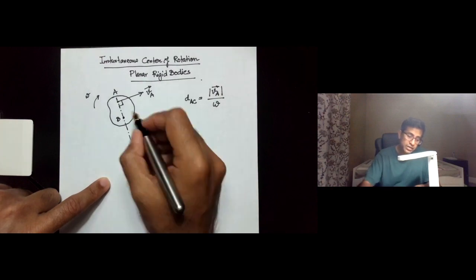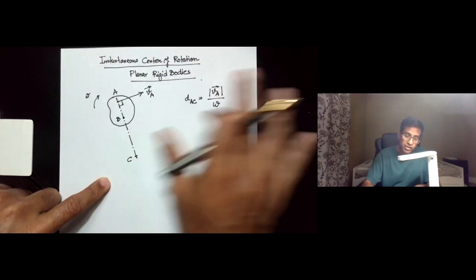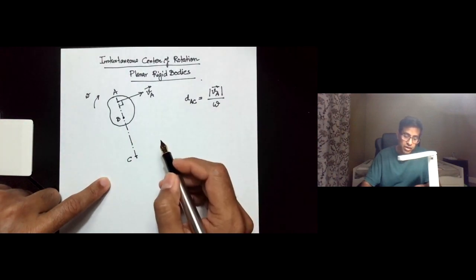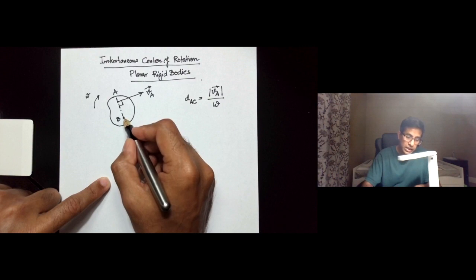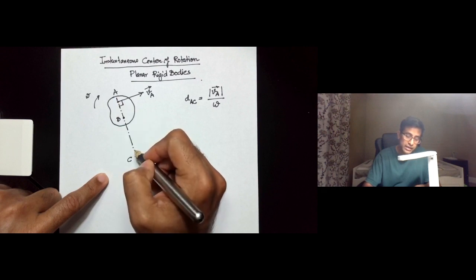Because here if you now go by the angular velocity and the distance dAC and so on, you will see that the point B is on this perpendicular line AC, then